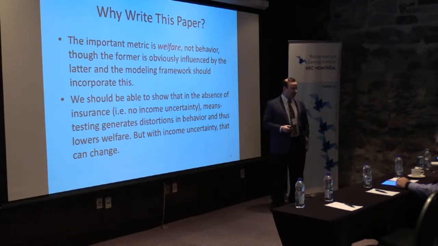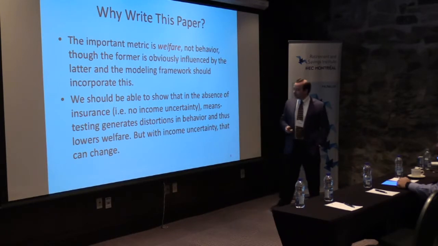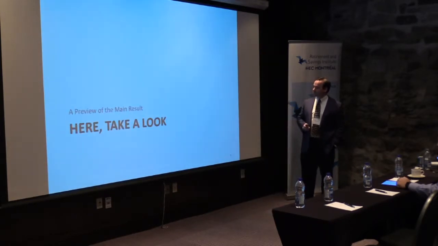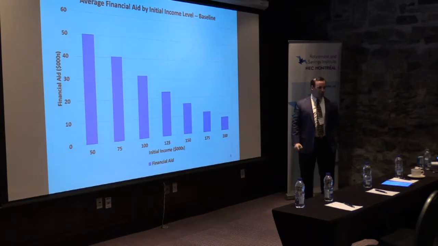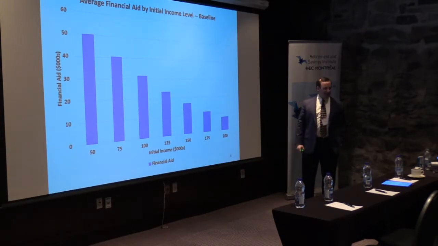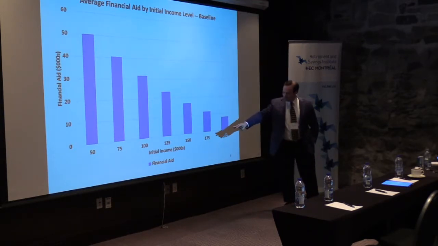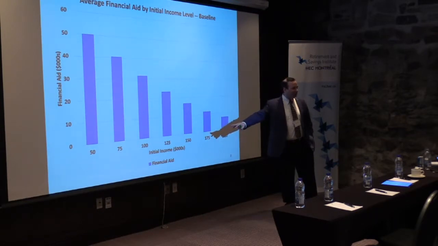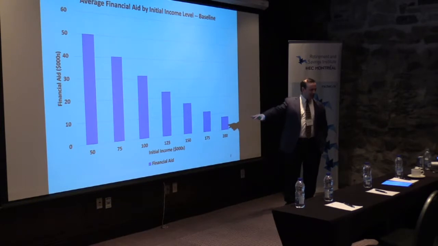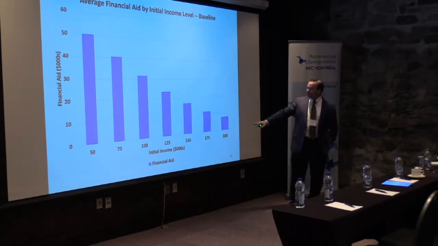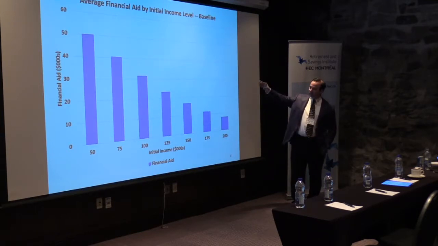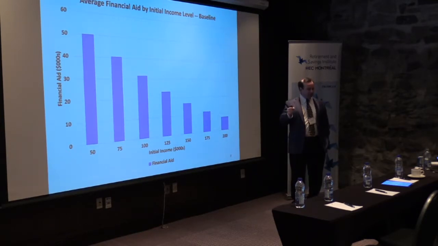And so I come from the school of nutrition that says you eat dessert first, so I will just show you what that looks like, and then I will tell you how the cake was baked. What I have here is, in the model, the initial value of the state variable, which is your income at the beginning of the life cycle. And you can immediately see that I'm using rather high numbers. It's from 50 to 200,000, and then the height of each bar is the average amount of financial aid